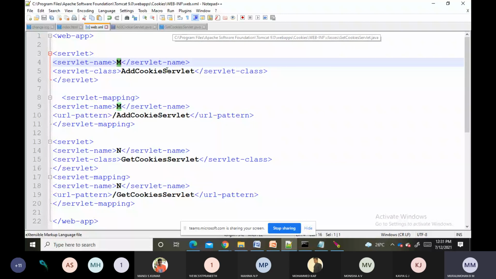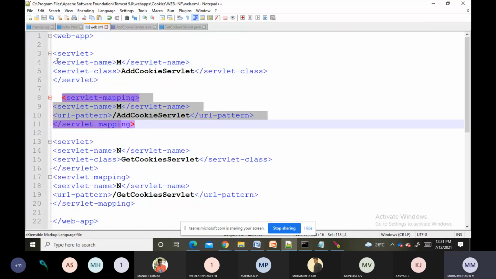So for that we are making servlet mappings. First, I am taking the name for AddCookieServlet as m, and this name we are mapping to the URL pattern. This is a servlet tag and this is a servlet mapping. This is for the first one, that is AddCookieServlet.